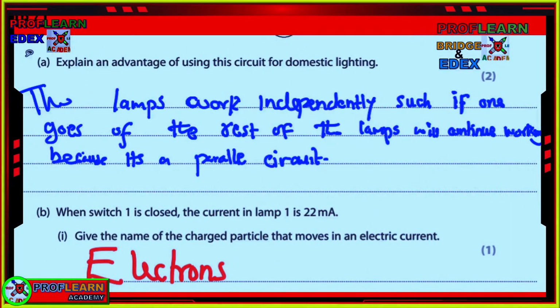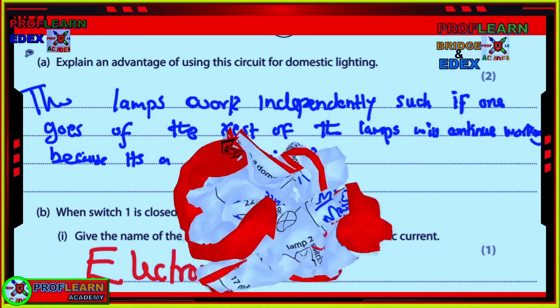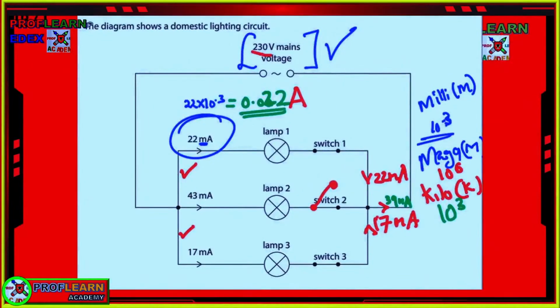Explain the advantage of using this circuit for this domestic lighting. So if you look at this circuit that we have here, this circuit is a parallel circuit. So meaning if one switch is open, the other lamps will continue working. So which means that these bulbs and lamps can work independently